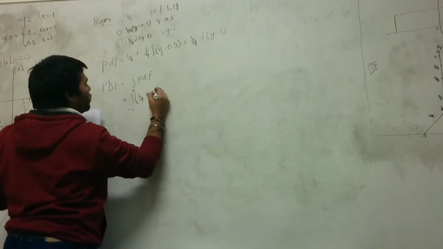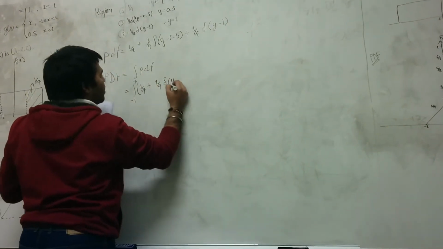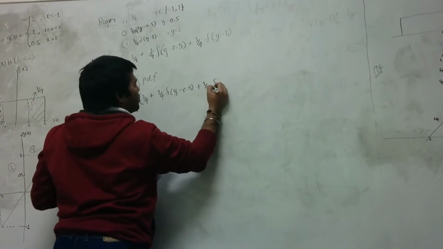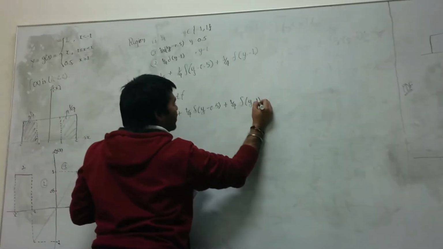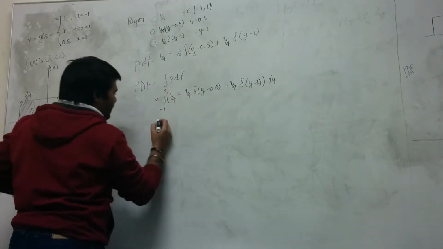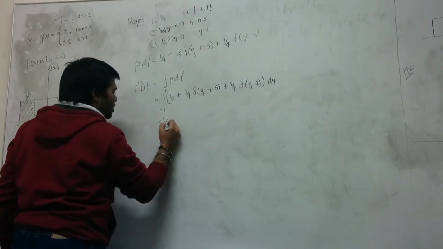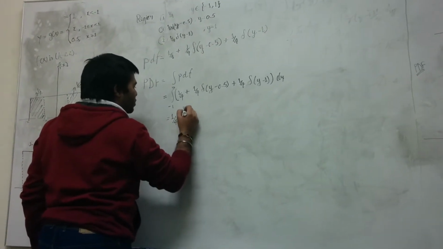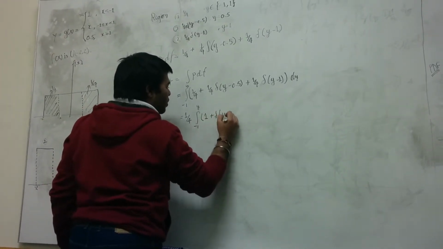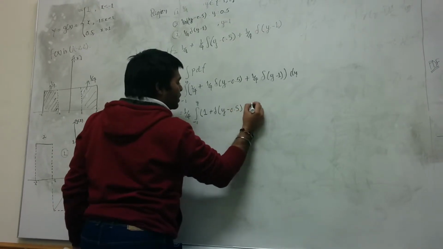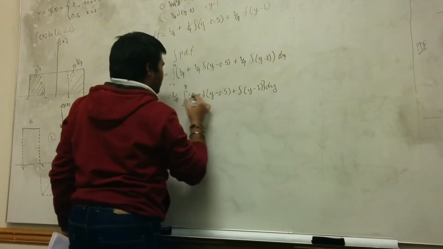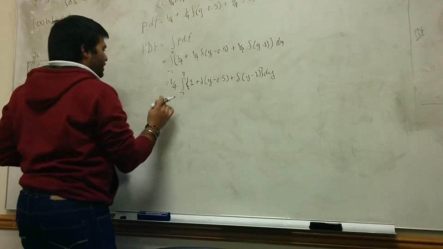Writing the small PDF, 1/4 δ(y − 0.5) + 1/4 δ(y − 1) dy. Taking the constant 1/4 outside the integration symbol, we'll get 1/4, from minus 1 to y, of 1 plus δ(y − 0.5) plus δ(y − 1) dy. On integration, we would get,